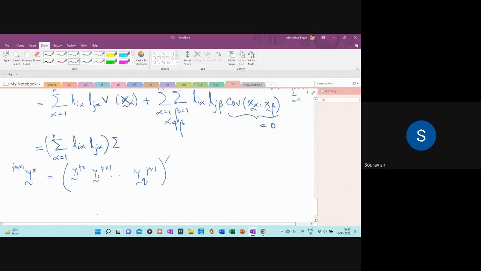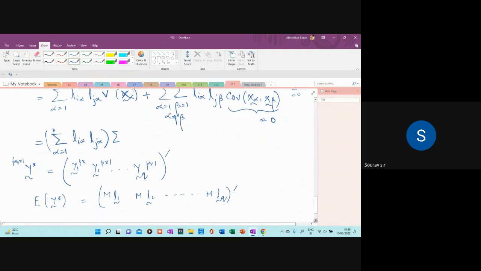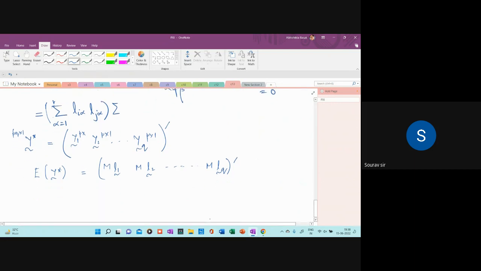Okay, so that implies basically expectation of y curl star is basically m into L1 curl, m into L2 curl, and m into Lq curl. This is the transpose of it again. You should have written all the things in column, or otherwise, if you are writing it in a row, you should give a transpose of it. And next is